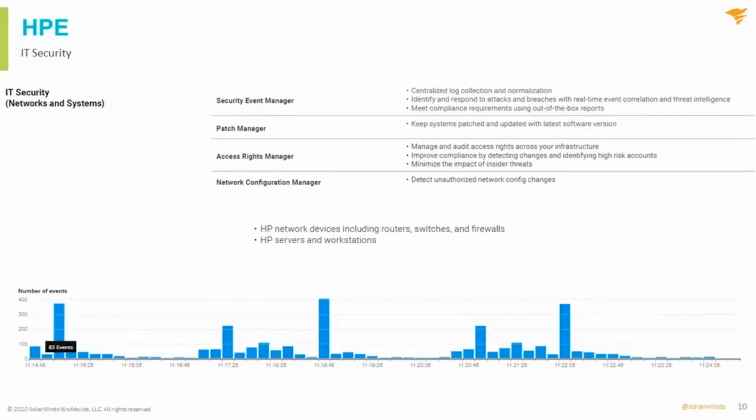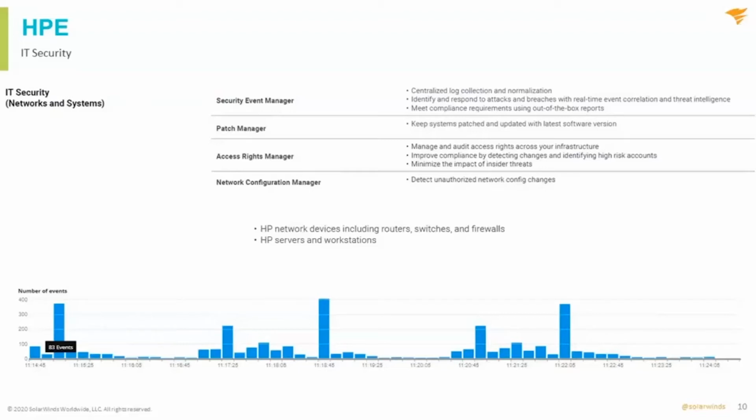Moving into security, so again, we've got some security solutions. One of the most popular ones we have there is Security Event Manager, which is basically collecting logs and parsing logs and normalizing logs for many devices, and any HP device that can create logs, which is probably all of them. We can go and collect those logs, put them into Security Event Manager, normalize them, parse them, and analyze them as well. It also, of course, helps with things like if there's virus attacks or if there's USB misuse, we can also look at that type of technology within Security Event Manager as well.